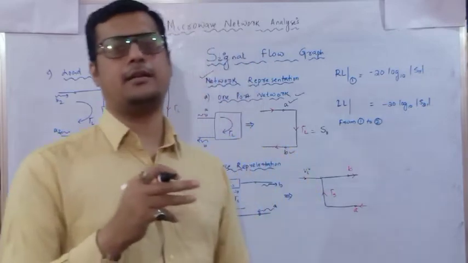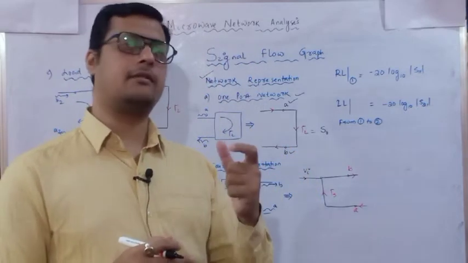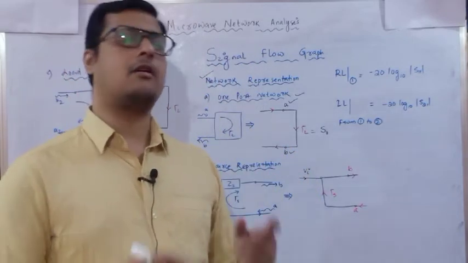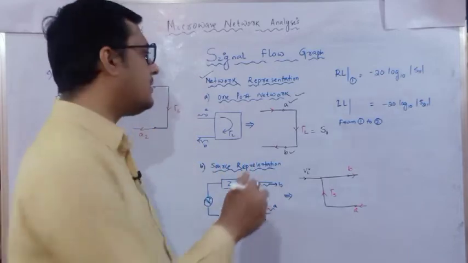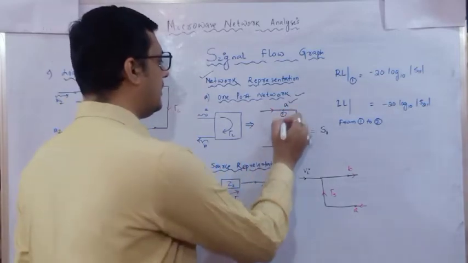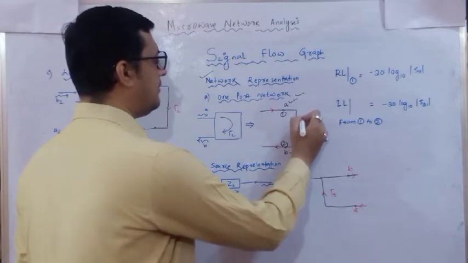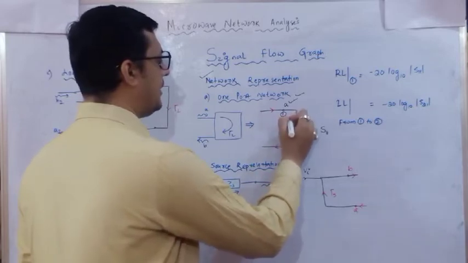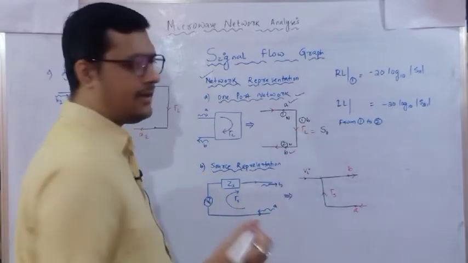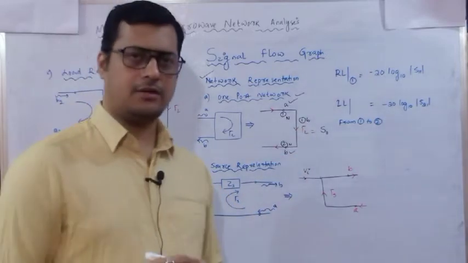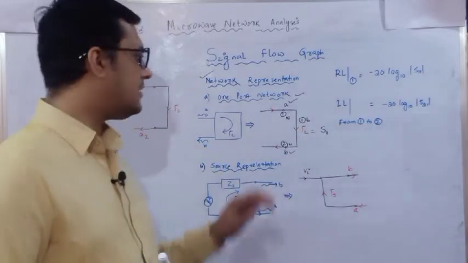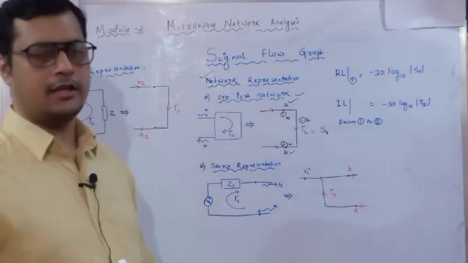If you form a relation between reflected and incident, we will get one scattering parameter. So how many nodes and how many branches? There are two nodes, node 1 and node 2, and one branch, between 1N and 2N. Like this I can write it. So there is one branch between two nodes. Okay, so this is for the one port network.